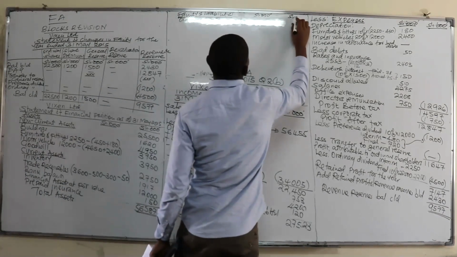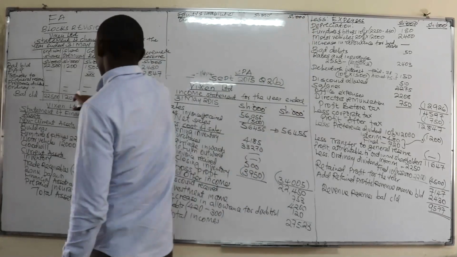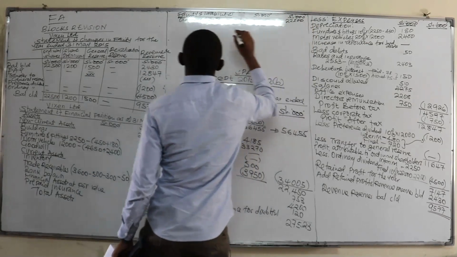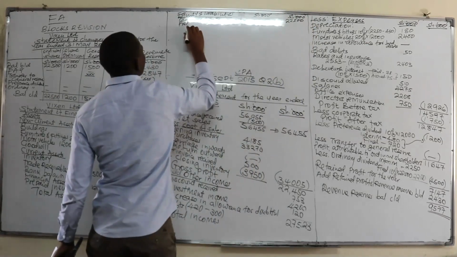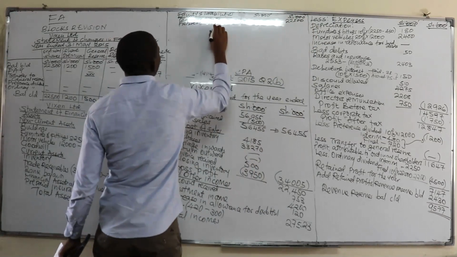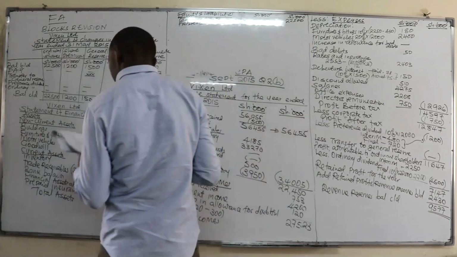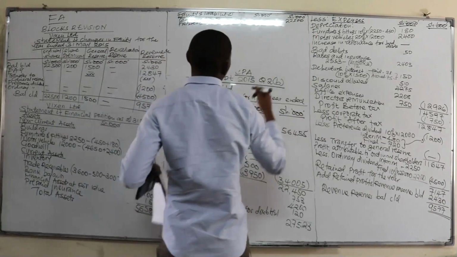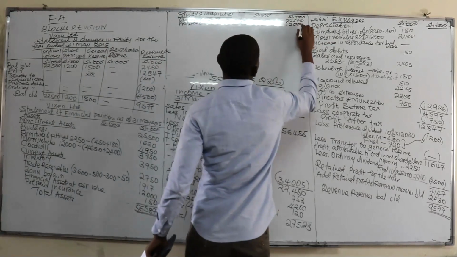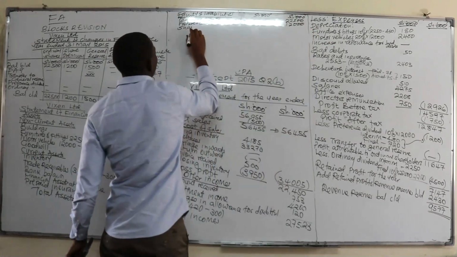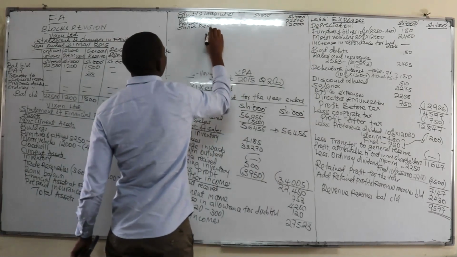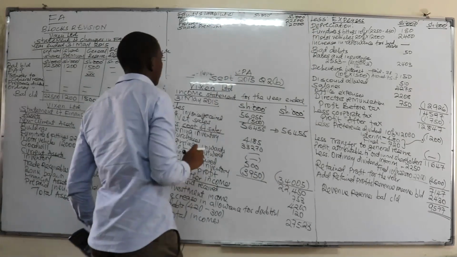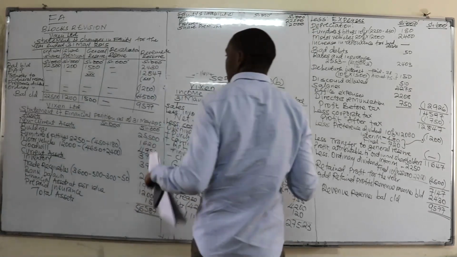Now, in this case, you have already the balances. The balances is the one that you prepared on the statement of changes in equity, which is 22,500. We also have the preference shares. For preference shares, from the trial balance, it is 12,000. We have the share premium, and for the share premium, we have the balance there as 1,200.